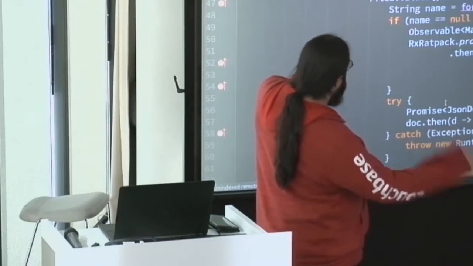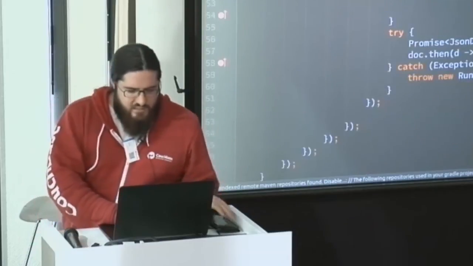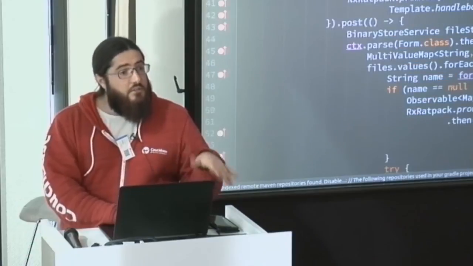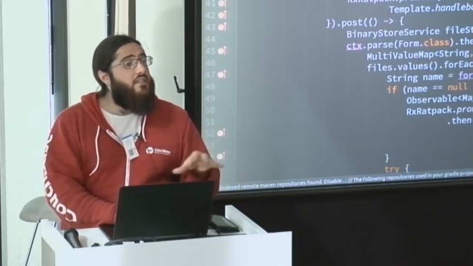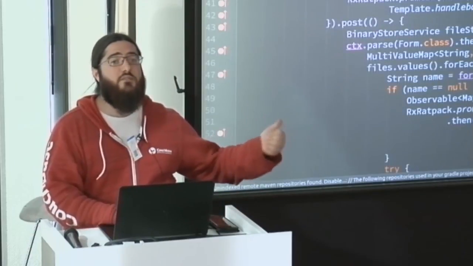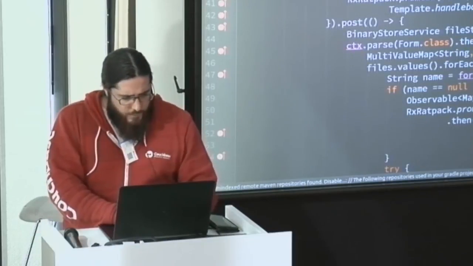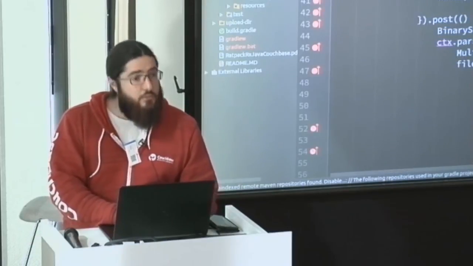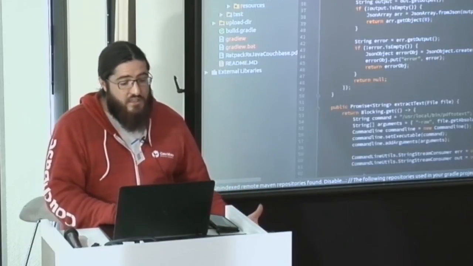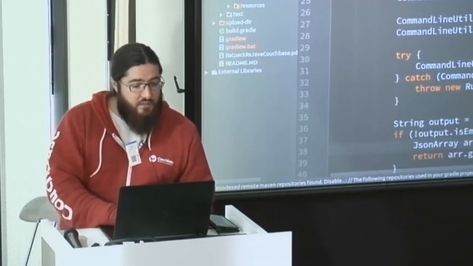And once I have my form, I have my upload file, I can start doing some stuff. Now, the last interesting bit I'd like to show you: I showed that you can add Ratpack in an existing Spring application, but all the stuff I've shown you was returning either a promise or an observable. There is some stuff in your application that won't necessarily return an observable, that is not async, non-blocking yet, or maybe some stuff that cannot be async even if you want to, and I have an example here.